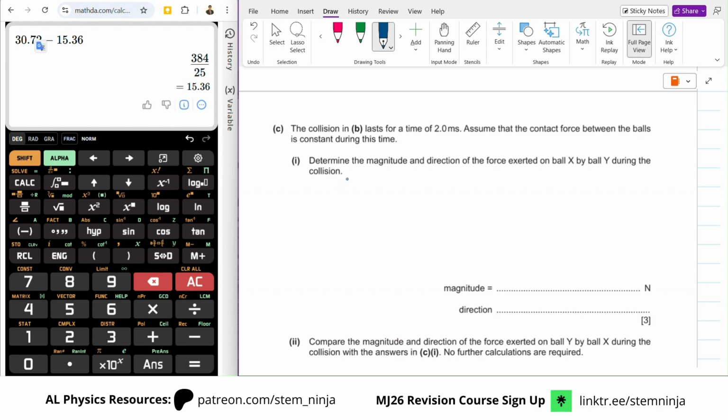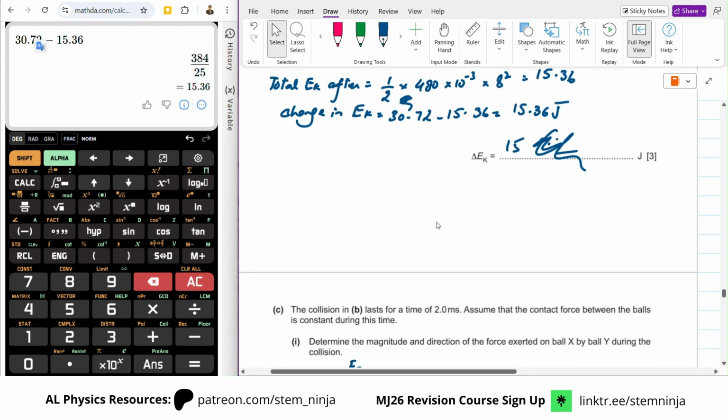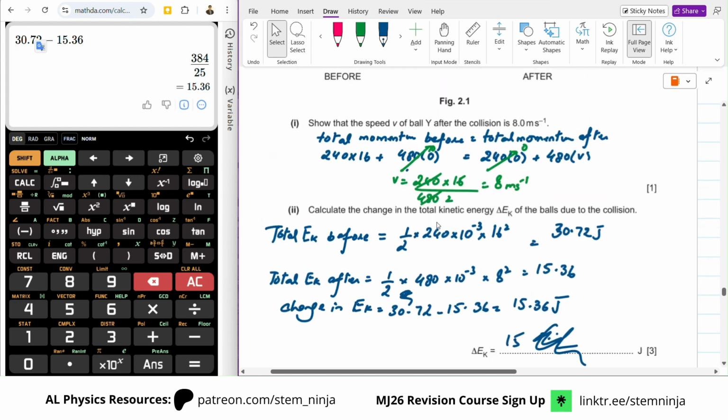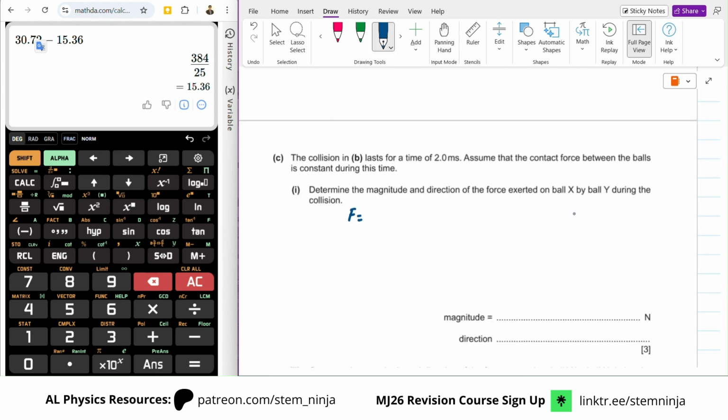So, during the collision, F would be, wait a second, total change in momentum for ball X by ball Y. So, change in momentum for ball X is mv minus mu. So mv is basically 0, but mu was